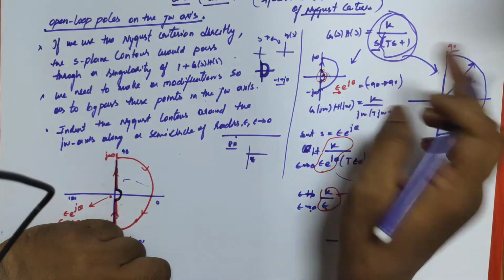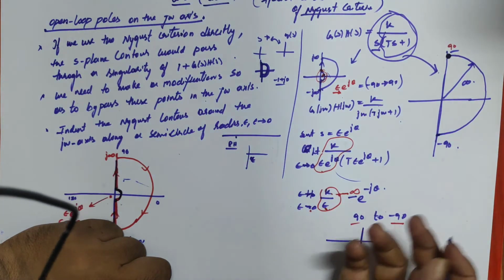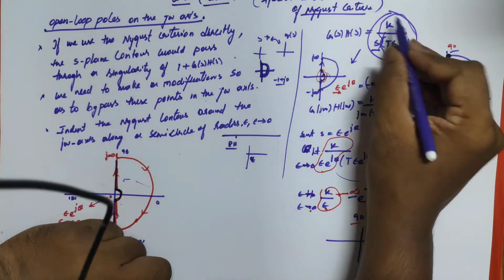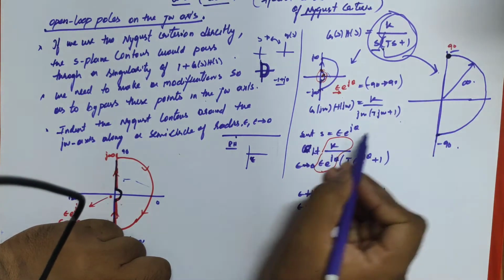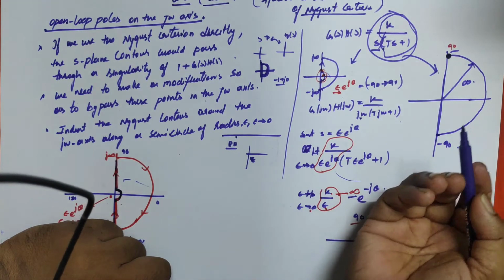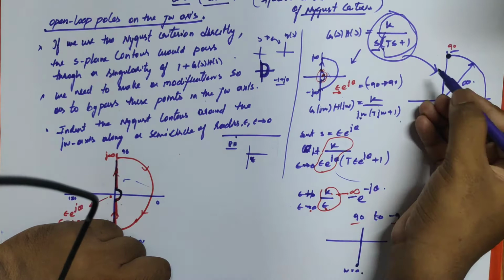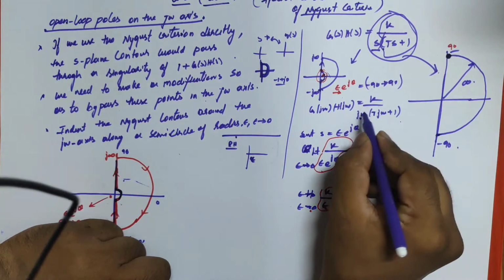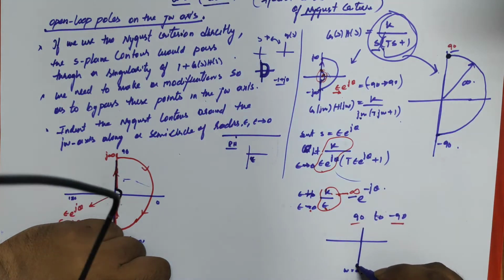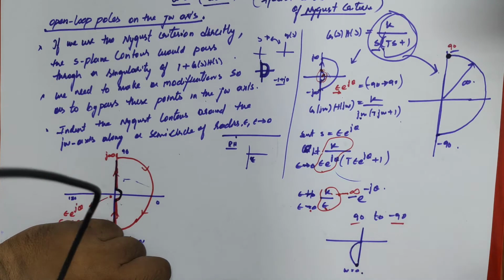For this whole function, if you go back to your previous classes while drawing the polar plots, for this system I have the polar plot for omega equal to 0. If you substitute omega equal to 0, what is the magnitude I got? Infinite magnitude. Okay, and the angle is minus 90. And as omega tends to infinity, what is it becoming? It is getting 0, with an angle of minus 180. So I can plot this polar plot like that.